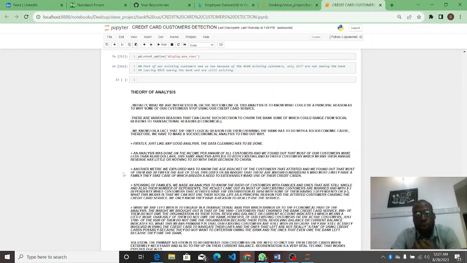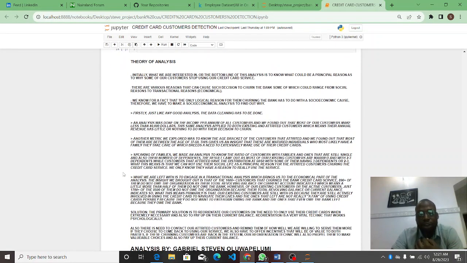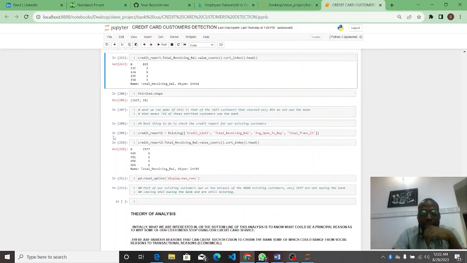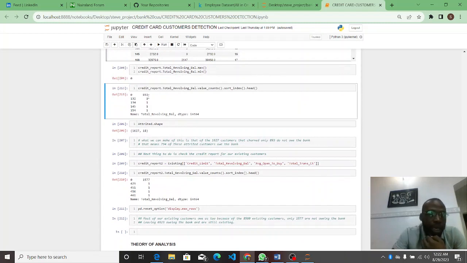So we have to use the theory of majority rule. The theory of majority rule states that in a group, the majority that leads in a group is the one that leads. If we use the theory of majority rule here, we can generalize that, since more than half of them left out of free will, because they do not want to make use of the credit card,